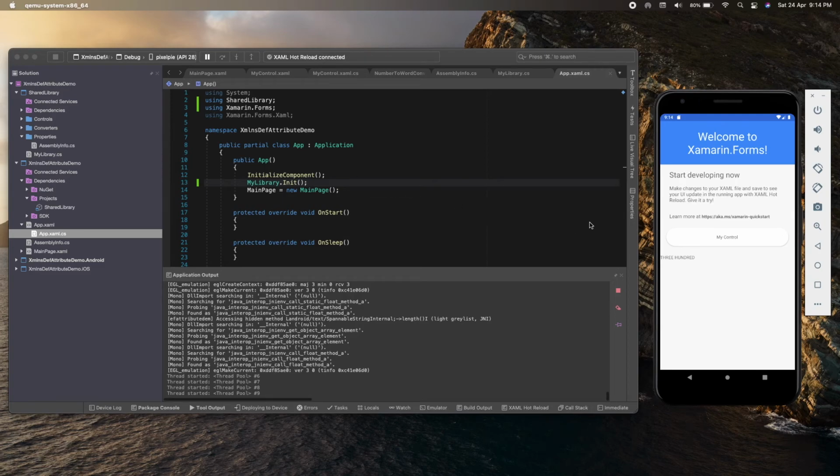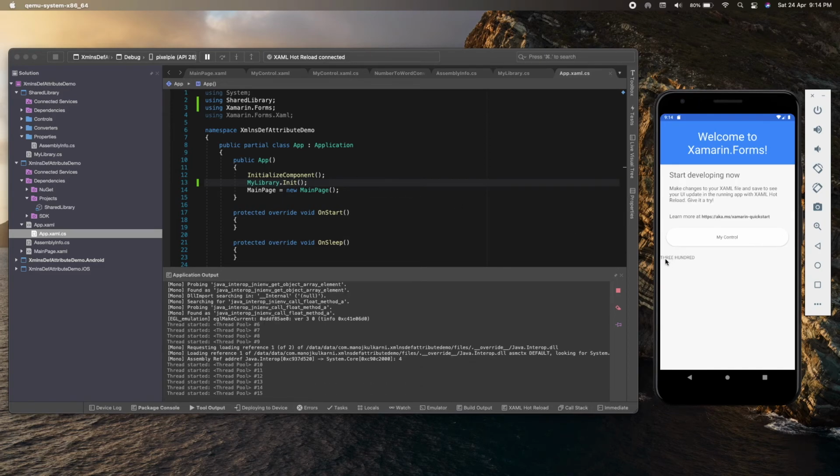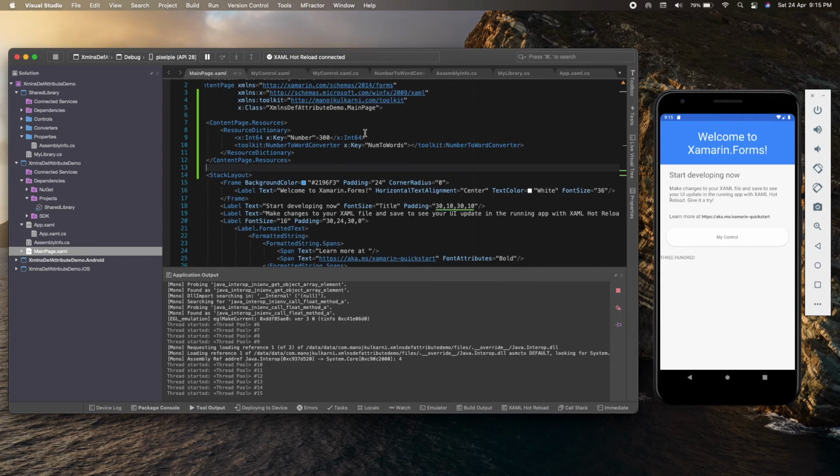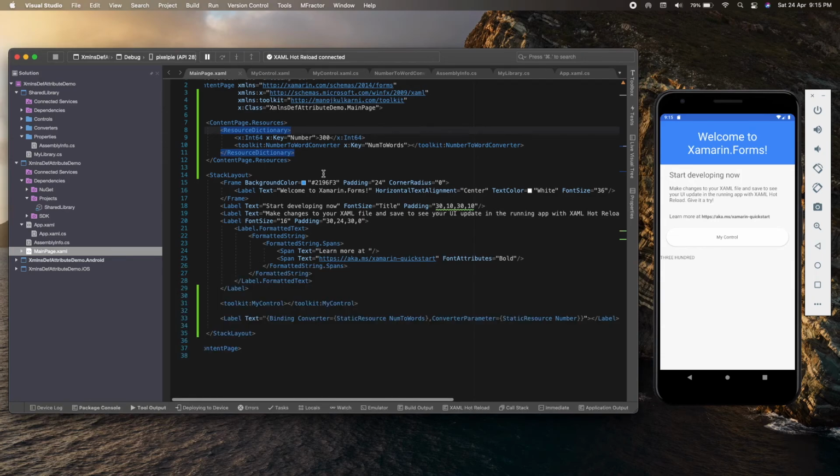As we can see, the control and the converter are working fine. We are able to see the same output that we were able to see using multiple XAML namespaces in our Xamarin Forms XAML page. So over here, as you can see, it simplified and removed the clutter of multiple XAML namespaces.